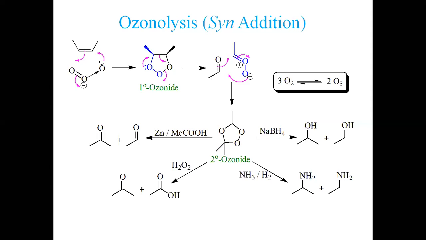If we react this with some reagents, we can convert it into very interesting compounds. For example, if we react this with zinc metal in the presence of acetic acid. So what is this? Zinc in the presence of acetic acid reacts. Zinc reacts with acetic acid to form zinc acetate and atomic hydrogen. This atomic hydrogen, which you have studied in earlier classes as nascent hydrogen,